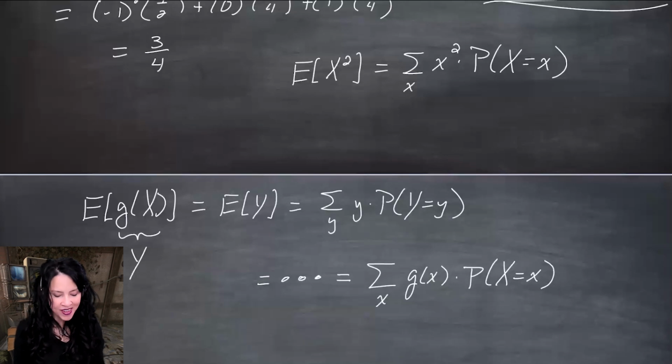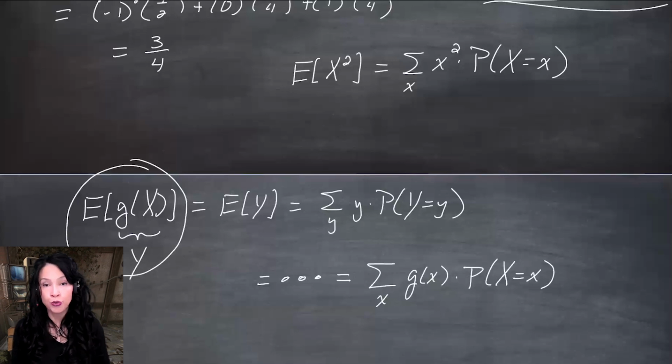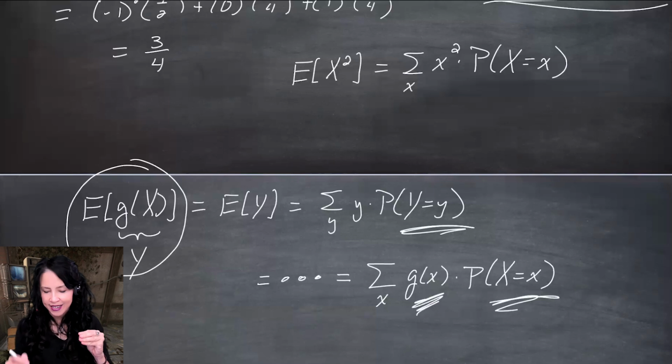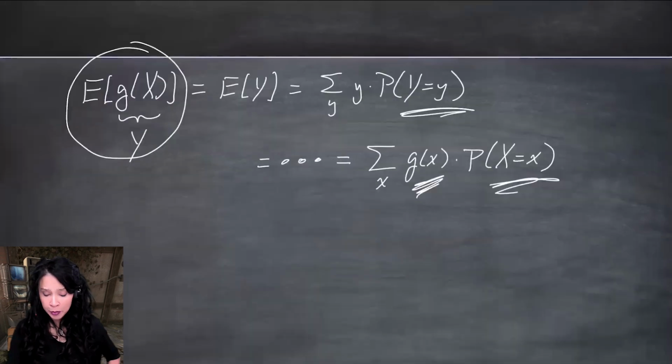So one more time, the expected value of a function of X: the function of X is the new random variable, and you should be considering its probabilities. But it turns out you don't have to. You can use the original probabilities as long as you put little x's in front in the sum through the function g. We are going to prove this.